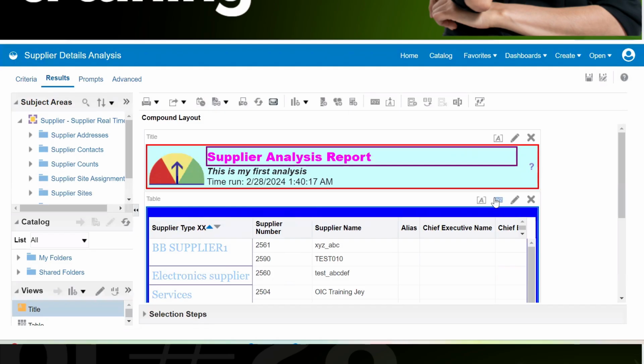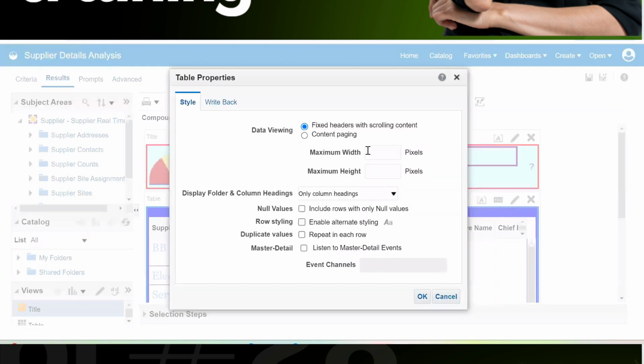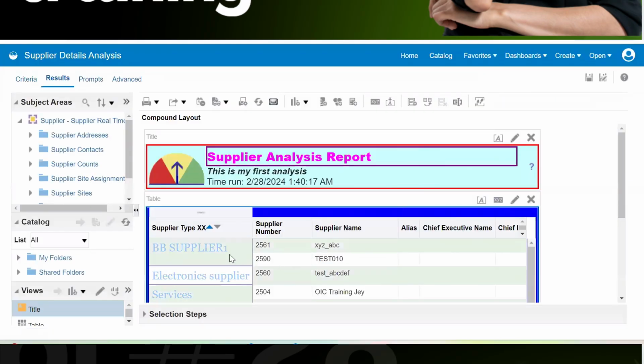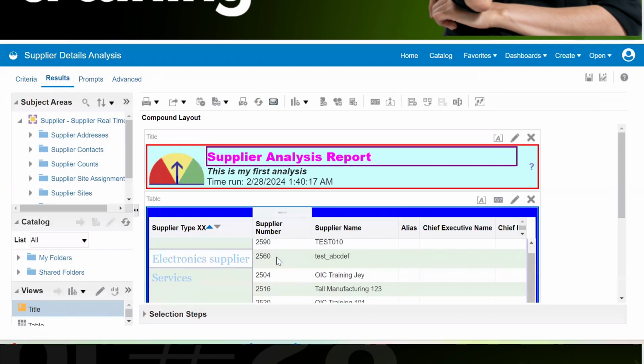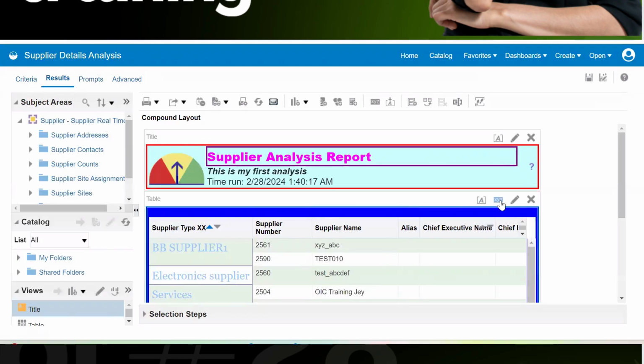If there is this XYZ property, going to the XYZ property, there is a very important thing, that is row styling. If you select this row styling and click OK, the rows will appear more like an Excel-based feature. Each row will have an alternating row combination, so that it will be more pleasing and clearer to understand and show the values.